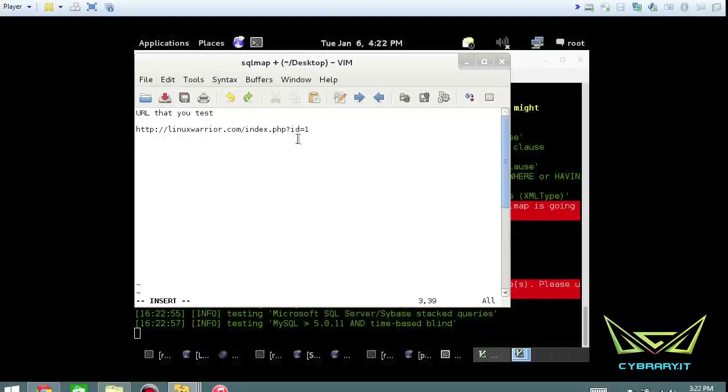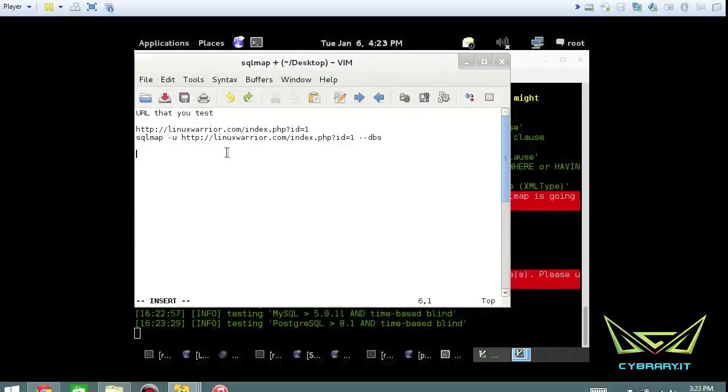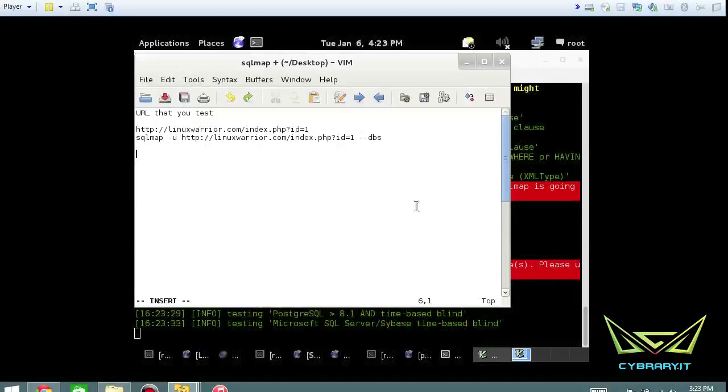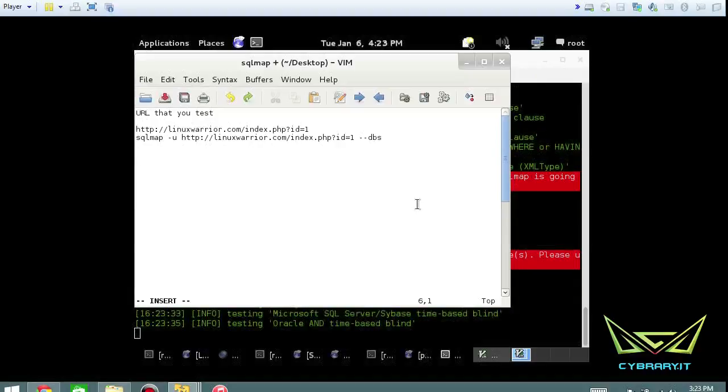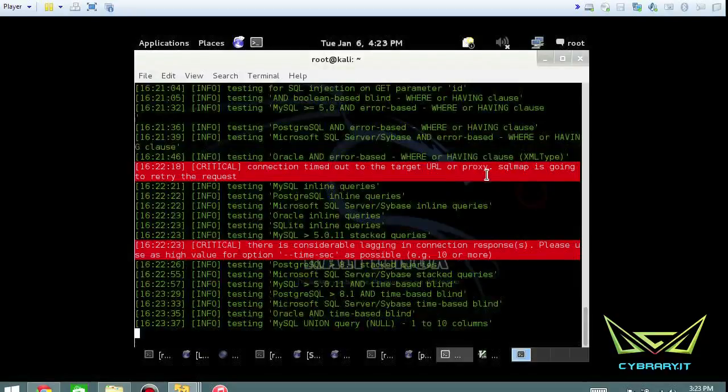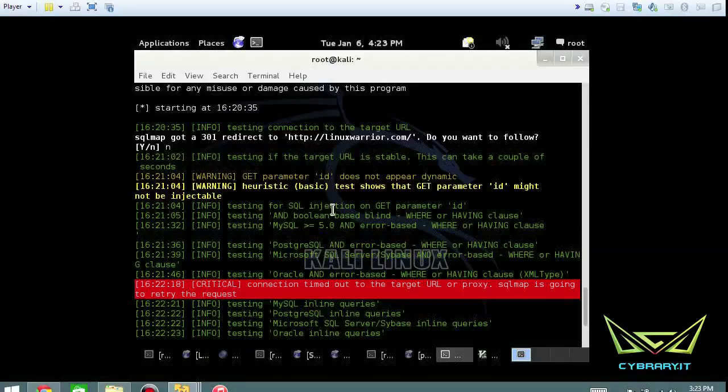And then if you really realistically wanted, you could even do your whole sqlmap statement, -u http://linuxwarrior.com/index.php?id=1 --dbs, or the databases. Okay. And I'm going to show you how to build this out. So keep your documentation going and build this. This will definitely help you for your pen testing reports, but also make your life easy as you build out this tool and go from the top of the hierarchy down to the specifics of the hierarchy, or stated differently, generic to specific. Okay. So in this case, it's testing for SQL injection, GET parameters, Boolean based blind,